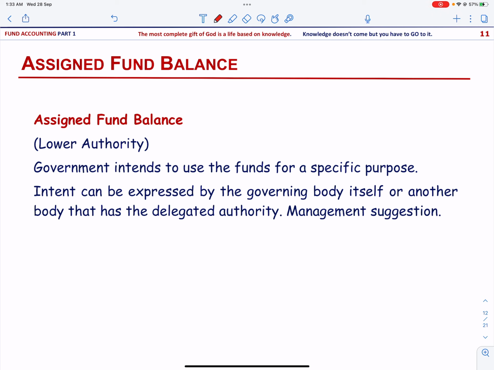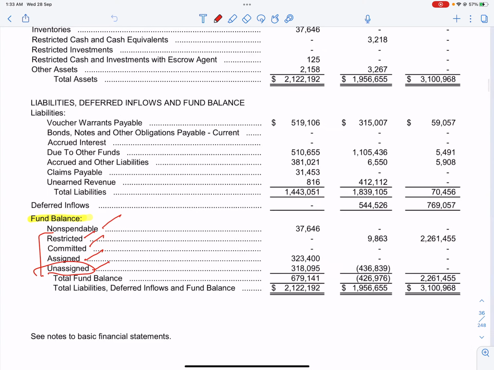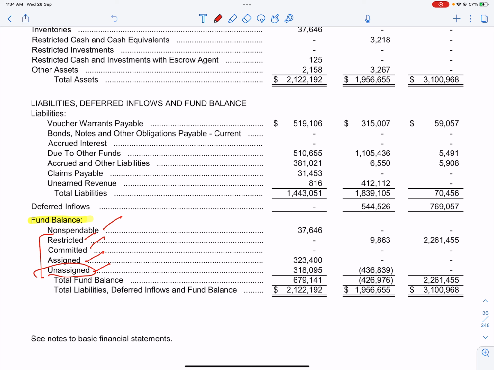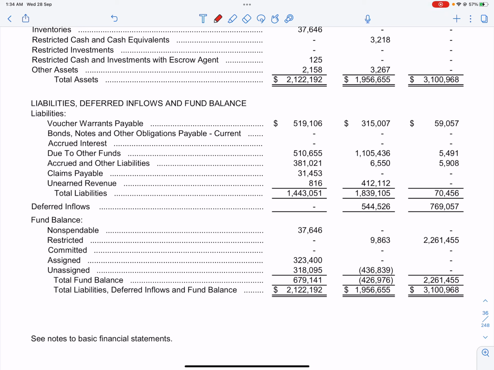The government intends to use it for a specific purpose. Intent can be expressed by the government body itself or another body that has a delegated authority. Fund balance in other governmental funds other than the general fund that is not restricted or committed is considered as assigned. And I would like to show you again the city of Chicago, and you can see that we have the assigned funds,